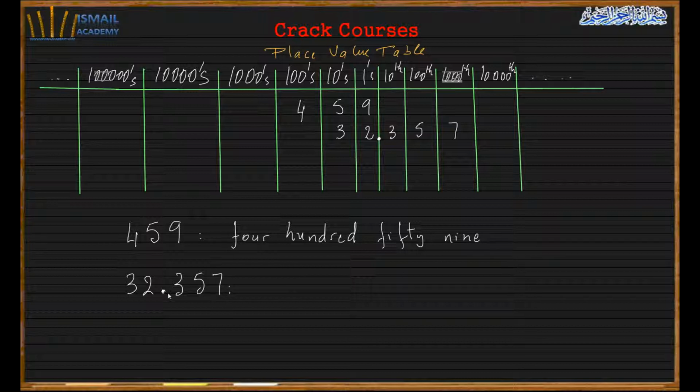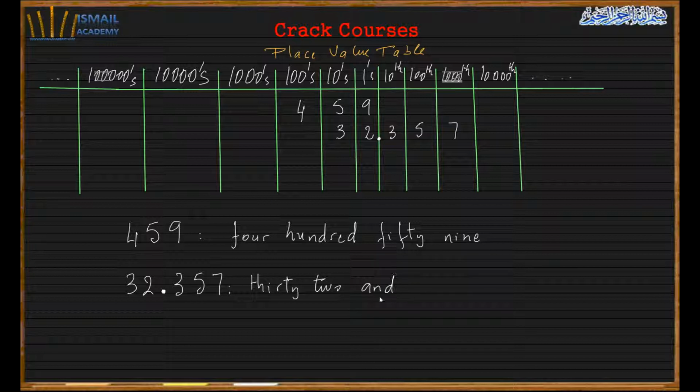The only difference here is for the dot. The dot, we always use the word and for the dot, just to separate the two types of quantities. So this is the fractional part, this is the integral part. So we always put a dot between them to make the difference between the two types. So here this is 32, so it's going to be 32,